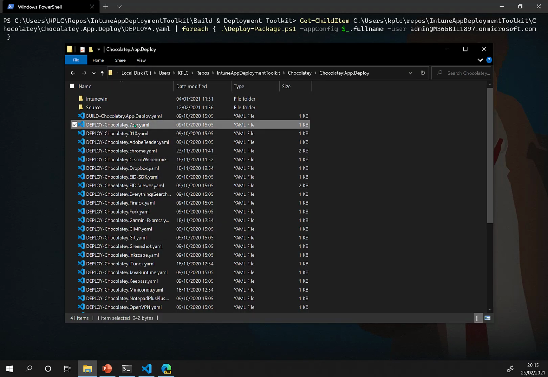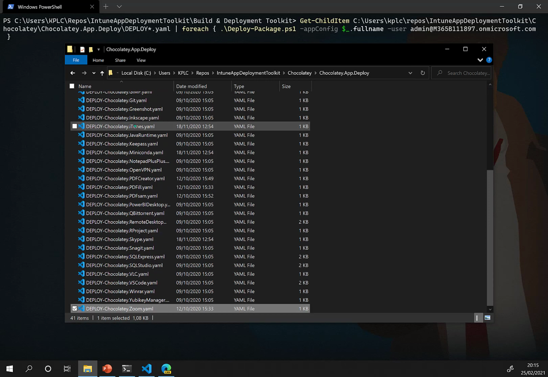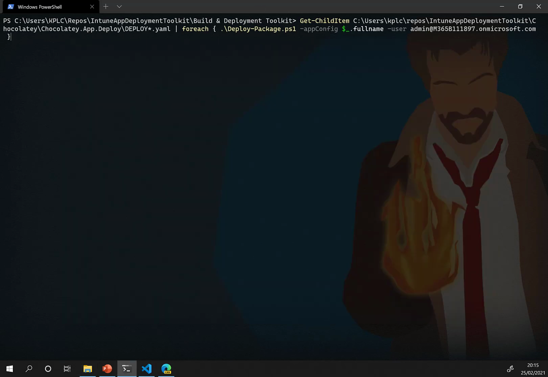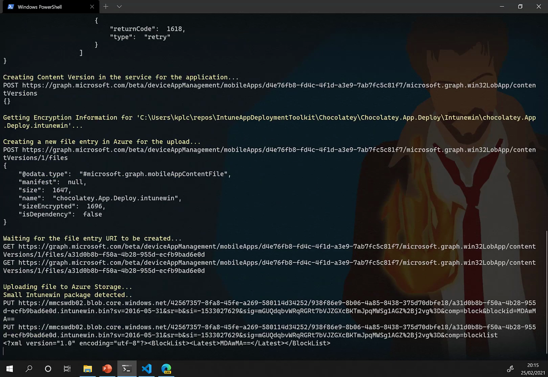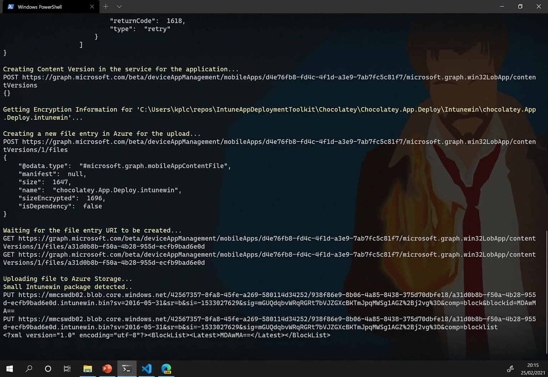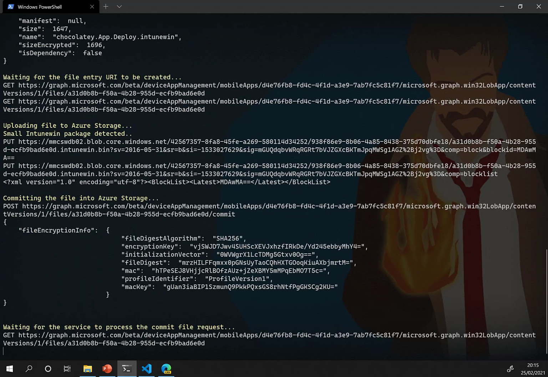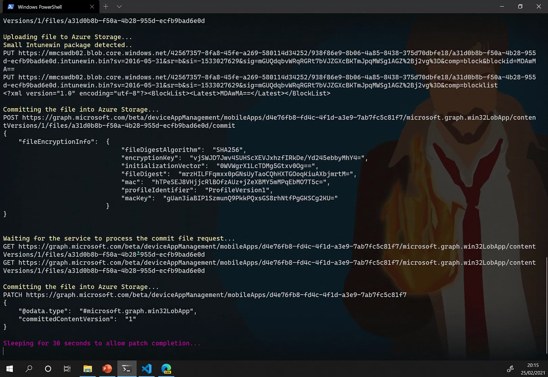So that's going to be around a little bit less than 40 files. So let's just start this up. And there we go. So we already authenticated. So our session is still running, so you don't have to re-authenticate every time you upload a new package, because it's using the token that you used the first time as well. So you have to just run this one command, and it's going to upload 38 new packages into the portal. And the only thing you have left to do is actually assigning them